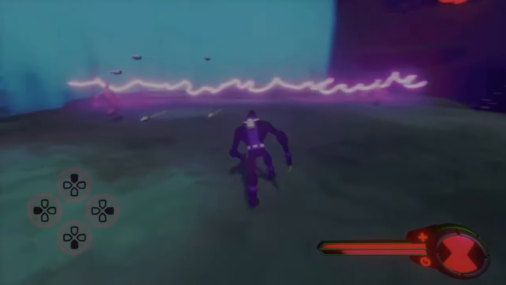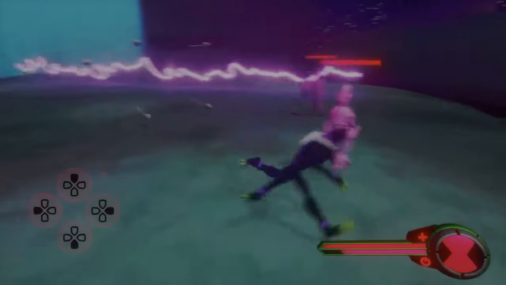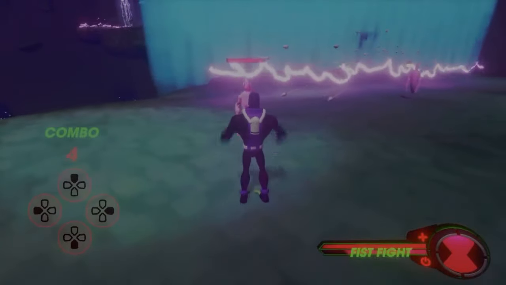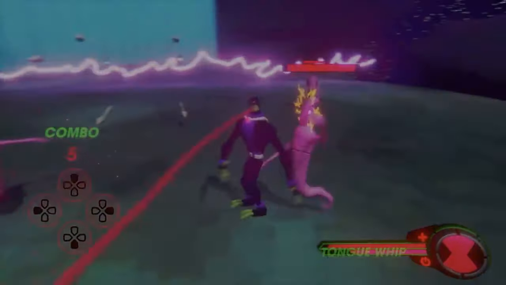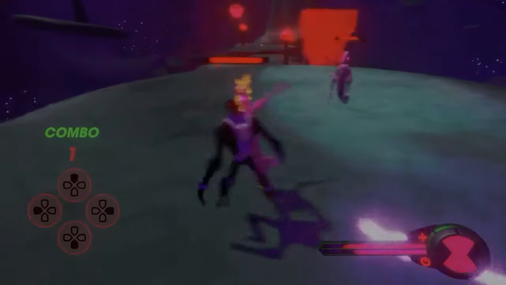Now we got these. This electricity that's just like floating in the air. I should probably add a stand for that. Okay, let's get to fighting. This might be one of the easiest levels. The boss fight I remember not being super easy, and yeah, some of the later enemies, but for now, pretty